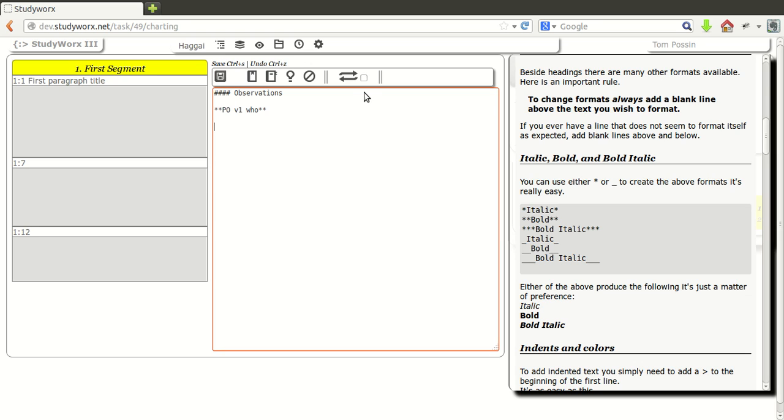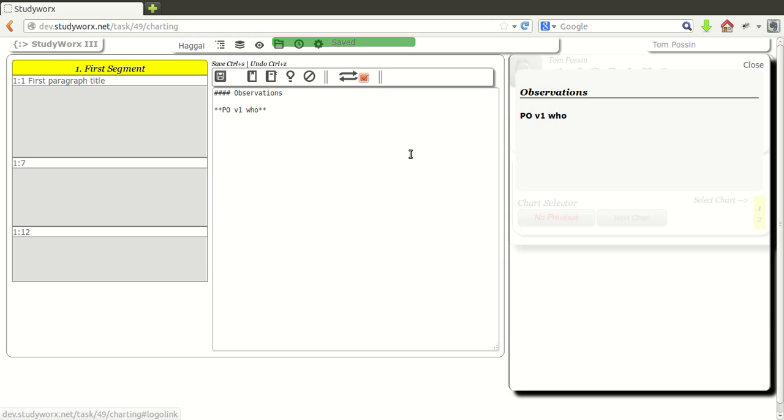Right here, you'll see this is a previewer. So let's click that and see what happens. What it should do is show us what we've done so far. So here we have observations. You'll see that's heading number 4. We have a primary observation in bold, and we're in business. So let's do some supporting observations. Let's say supporting observation, I don't know, verse 2 and